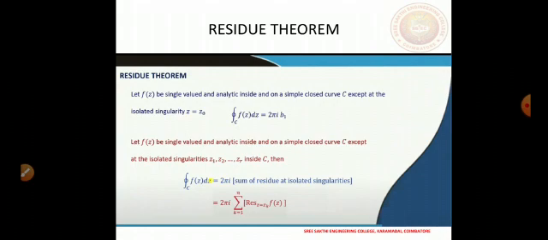So if we have several singularities, that means we have to get their residues, and then we have to sum them. This sum of residues multiplied by 2 pi i will be the integral value over the curve that encloses all these singularities. So we have the formula with k from 1 to r, because we are taking z1, z2, z3, up to zr, and then these are the residues, and the value of the integral can easily be evaluated using the residue theorem.